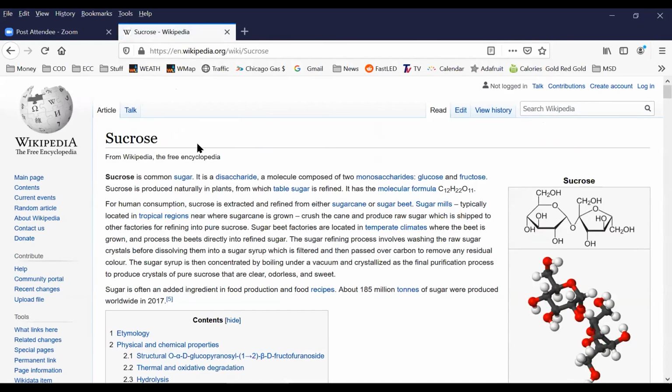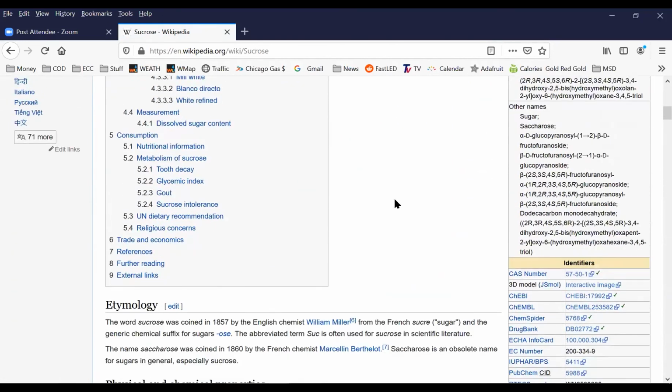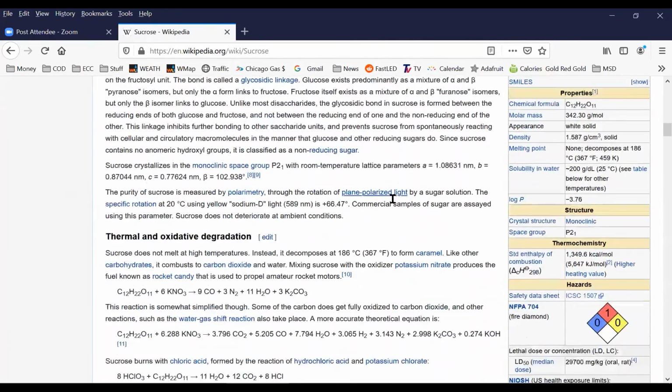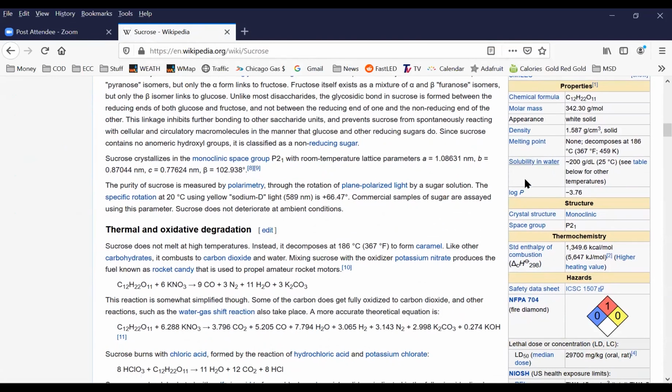And what you don't know, but Dr. White does, is that sucrose is the common chemical name for what you call table sugar. If we scroll down, we see properties, and we see its solubility at 25 degrees C, and I'll explain that in a little while, is about 200 grams. So the sugar is less soluble in deciliter, that's 100. Actually, I take that back. This is 2,000 grams per liter, so it's more soluble.